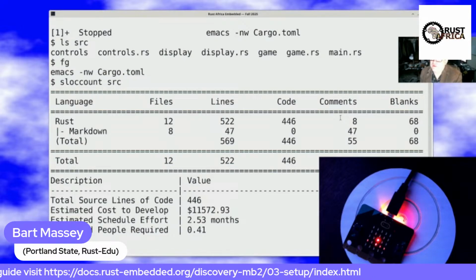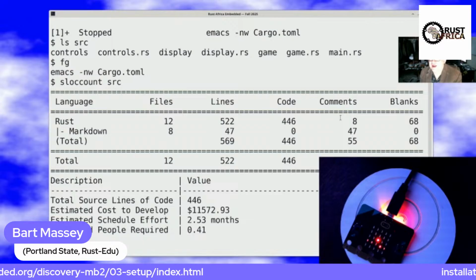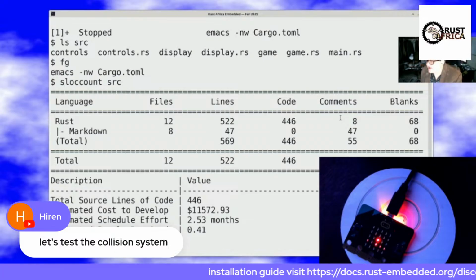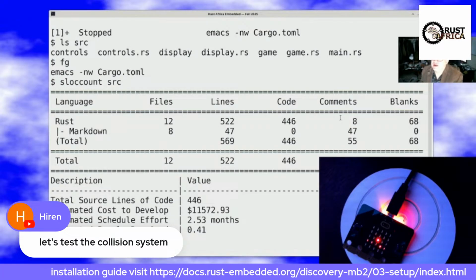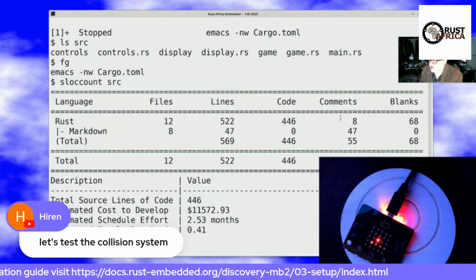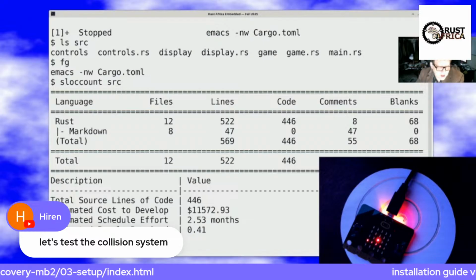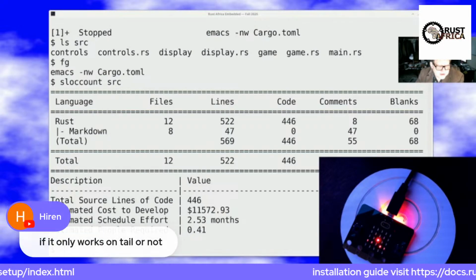I've been working with the Rust Embedded book for a couple of years. We've never had a bug report that says collision detection is broken for the snake. That's interesting. That's super interesting. And what that tells you is a couple things. So let's finish on that, then we'll take a little break here. One of the things it tells you is that